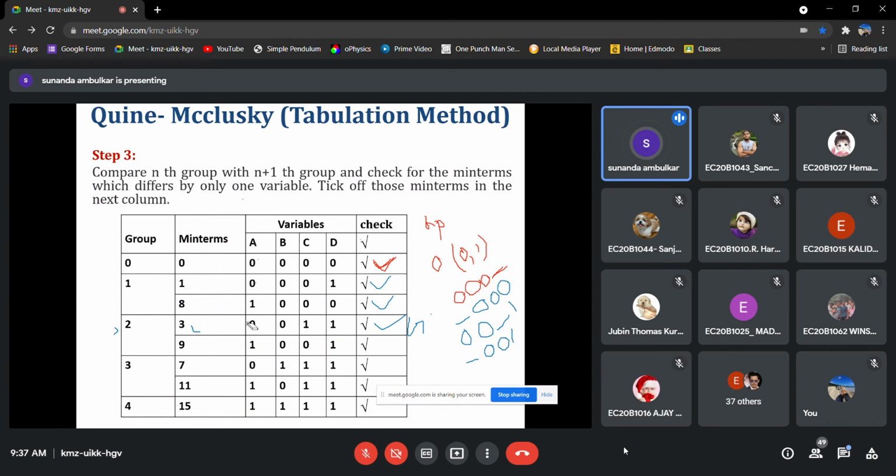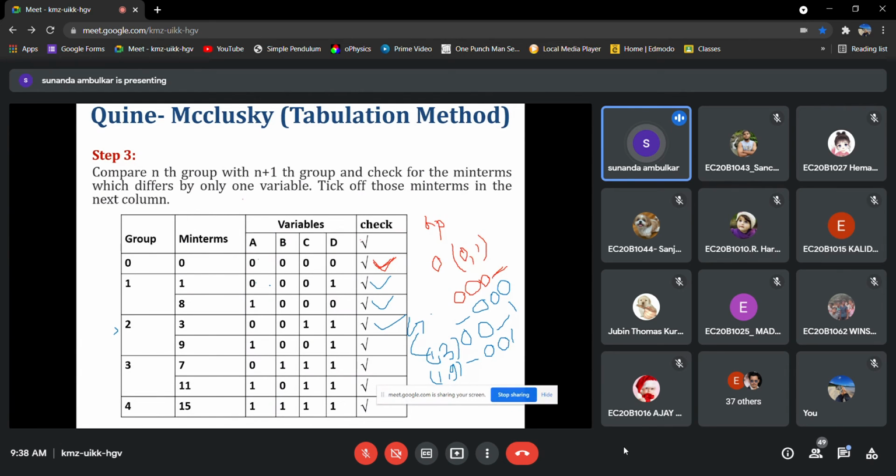We'll compare 8 with 3 and 9. For whatever has been checked, we will put in the bracket 1. This is 1, 8 actually. This is 1, 3 and 1, 9. So in the first table we write min terms.